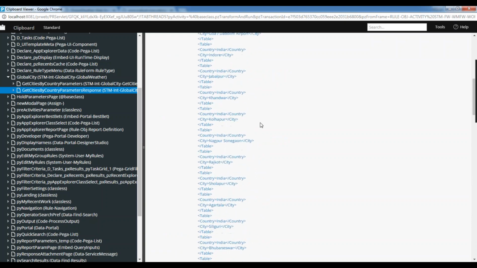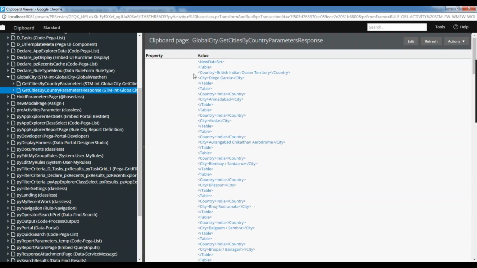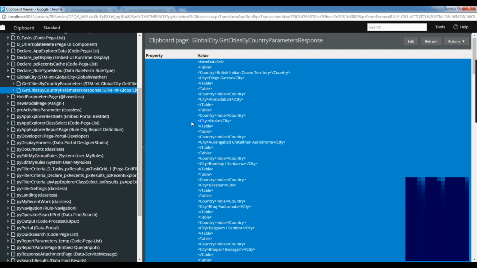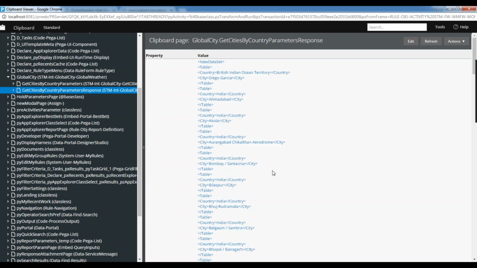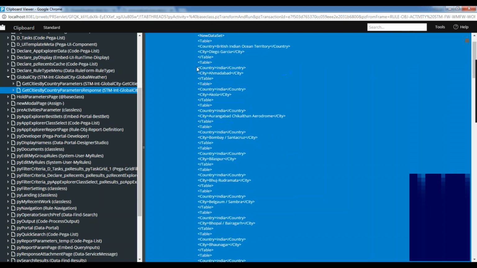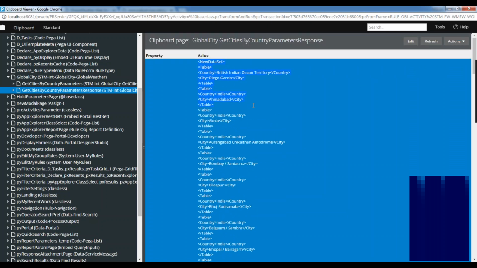If I want to display the city names in the drop down, I cannot directly use this XML. So I need to convert it, I mean do parsing of this XML. I need to prepare a clipboard structure. For that purpose, we need to do some more level of parsing. Let me take the structure, because it's the same structure, we need to create it.